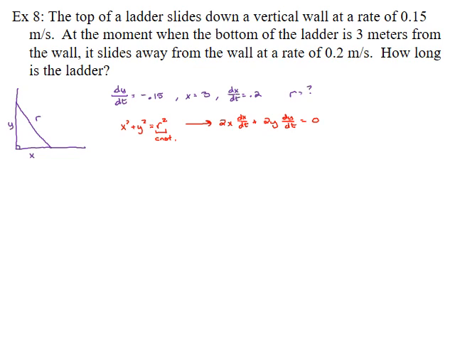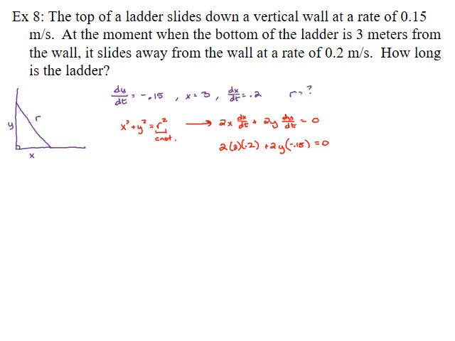Plugging in what you know, we know that 2 times 3 times dx/dt, which is 0.2, plus 2 times y times dy/dt, which is negative 0.15, is 0. Now you're probably thinking, I thought we were looking for r. Why are we going to solve for y? Well, you can't actually get r until you know both x and y. And I didn't give you y in this problem, so you'll have to figure that out before you can find